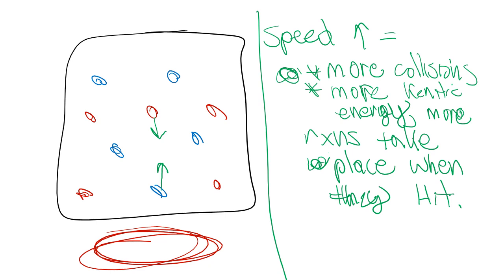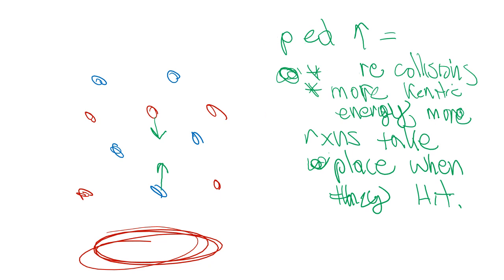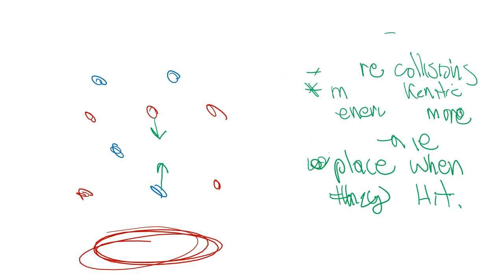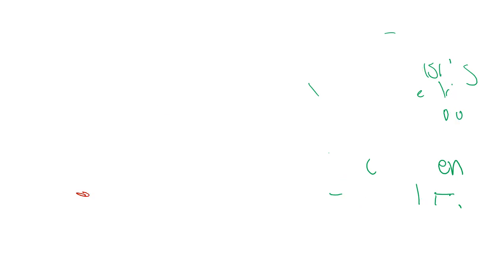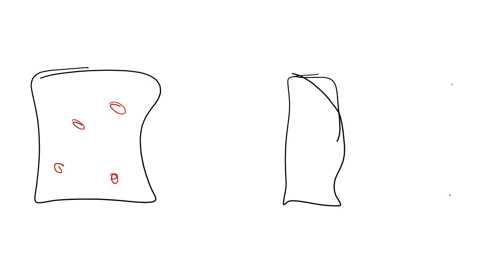So one last thing is the volume of a container plays a role in a chemical reaction. And again, that's going to be rationally based. I'm not looking for numbers here, but rather a rational understanding of it. So again, if we have a smaller container of red and the same amount of red, and then let's say 2 blue,